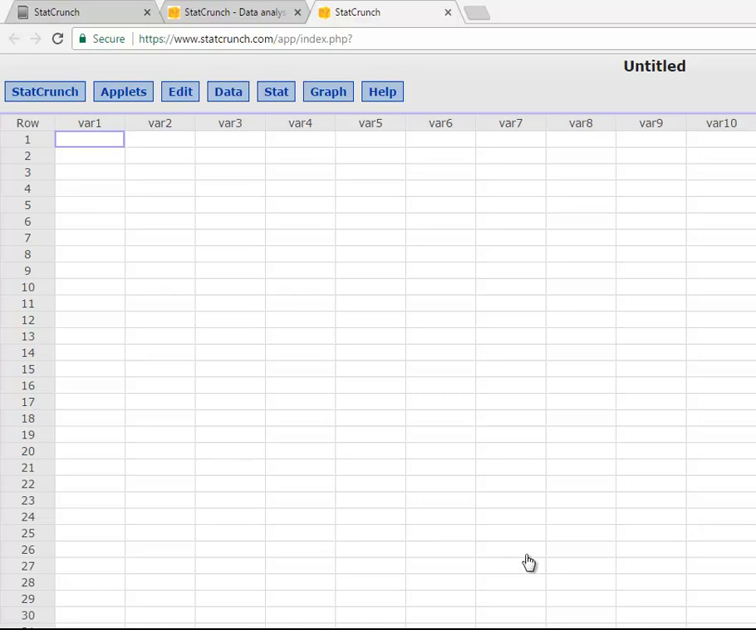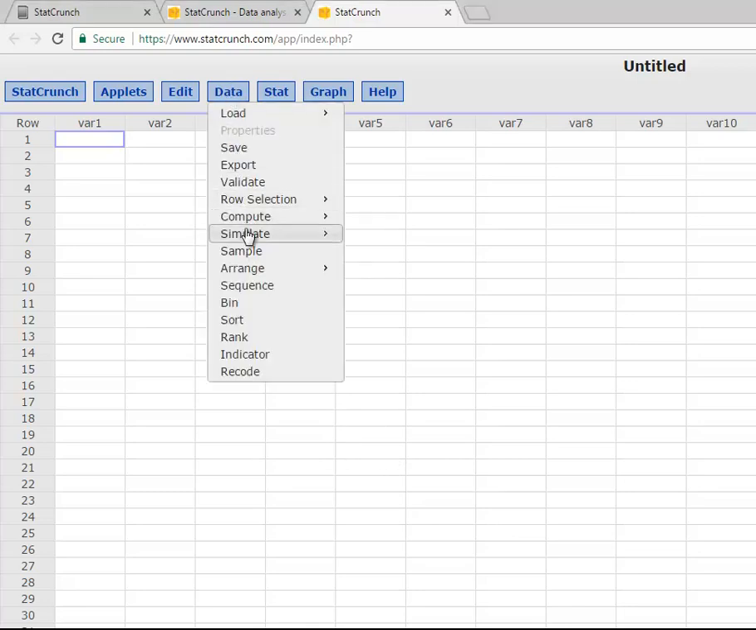I'm going to simulate a class of 30 people and see whether or not I get at least two birthdays that are the same. Now, in your assignment, your size might be slightly different, but for this example, I'll do a class size of 30. So what I want to do is click on Data,